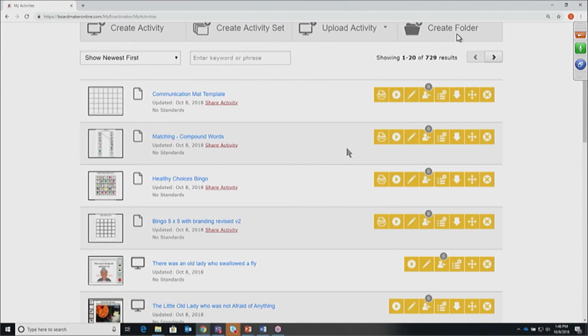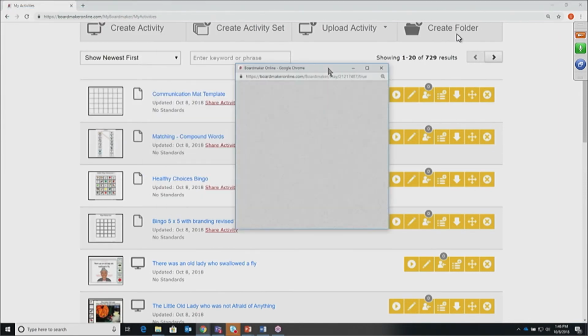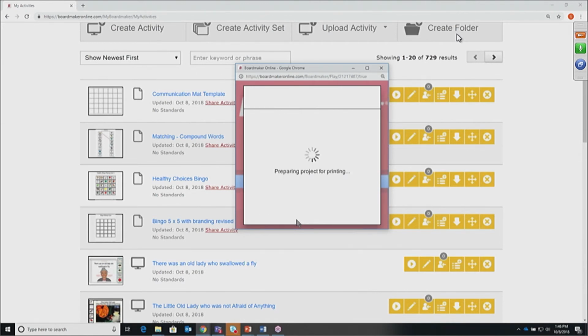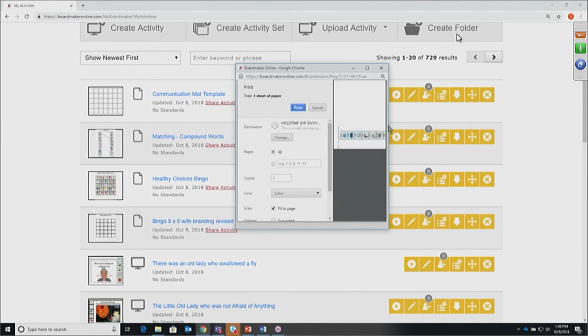If it's a print activity, I have a print icon. I select print. I'm going to get a print dialog box. I'm in Chrome. Your print dialog box might look different if you're using a different browser, but you can choose how many pages, how many copies. If you are printing overlays, you want actual size and then continue. I can see a preview of the activity and I can change whether I want to PDF or